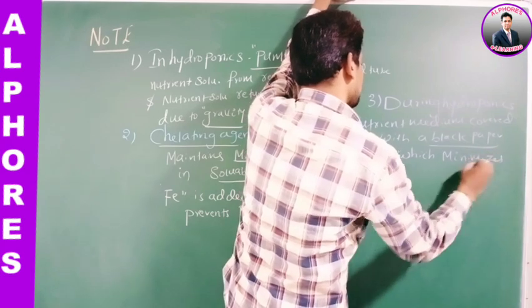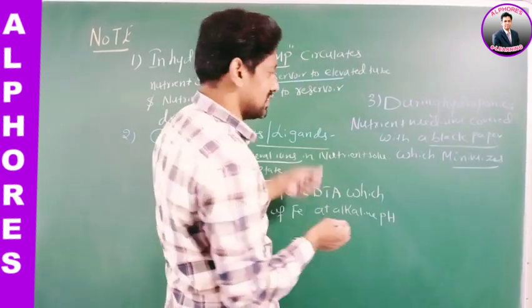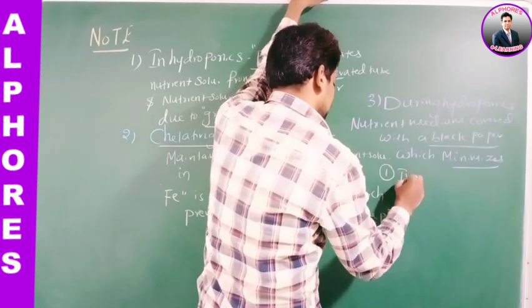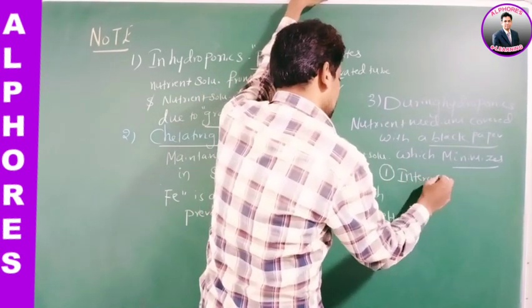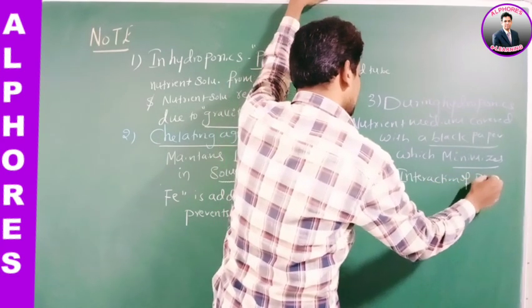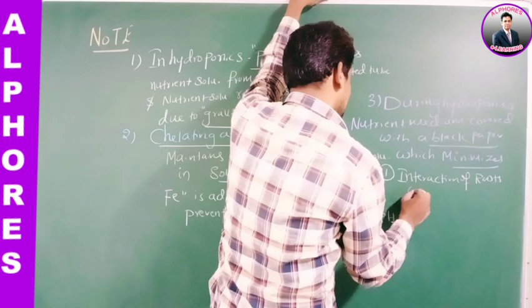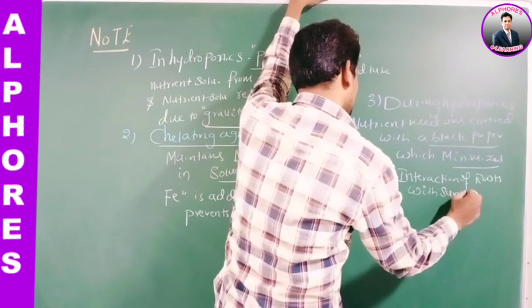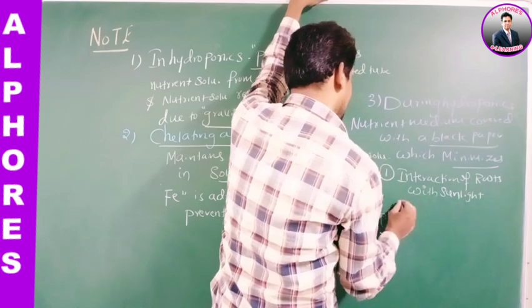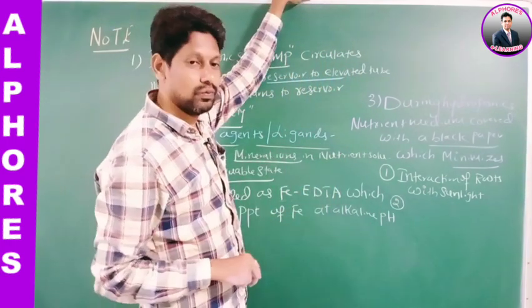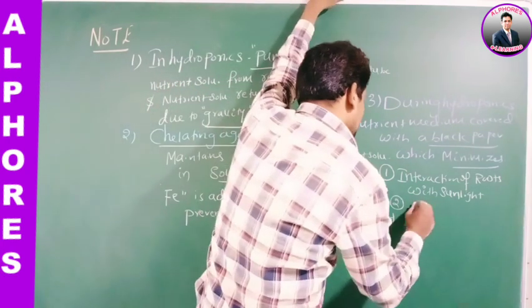Which minimizes what? Number 1, interaction. Which minimizes interaction of roots with sunlight. Okay, right. Number 2, second one, minimizes